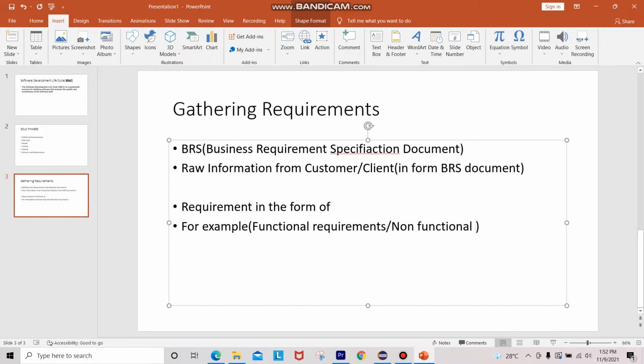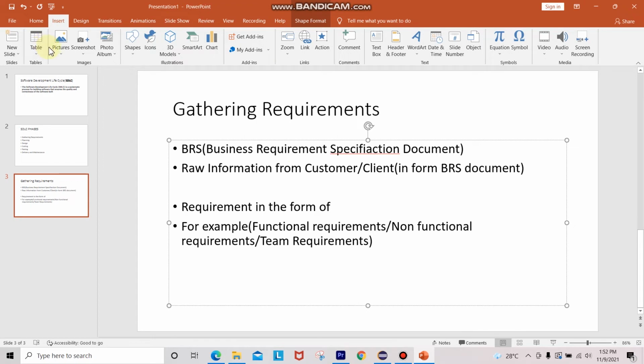I will tell you about functional requirements and non-functional requirements also. Team requirements, like how many people you want to build this application properly, or test this application properly, how much the team size will be, how many resources you need to do this activity. So we will consider all these in this phase only, that is gathering the requirements.